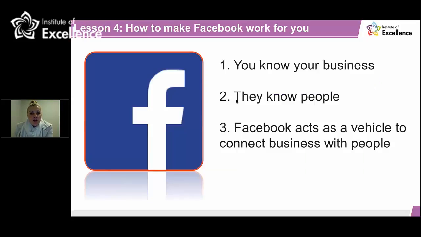Okay, so how to make Facebook work for you. You know your business. With Facebook, the way they see it, and this comes straight from Facebook, is that they say to marketers and to businesses, you know your business. They claim that, okay, we know people.